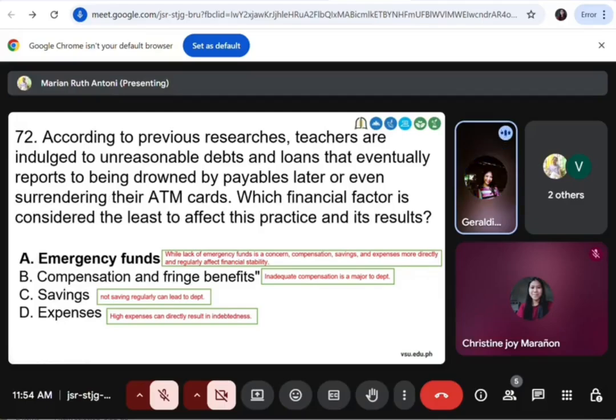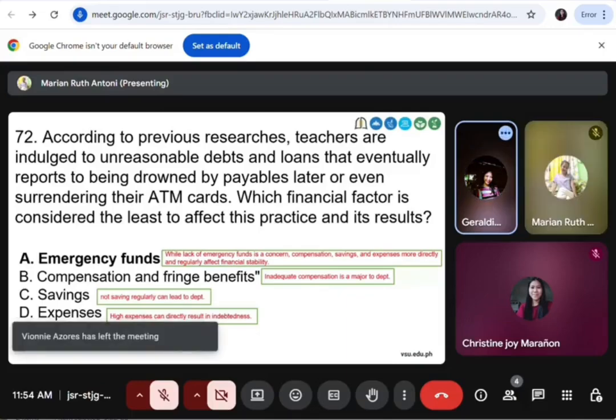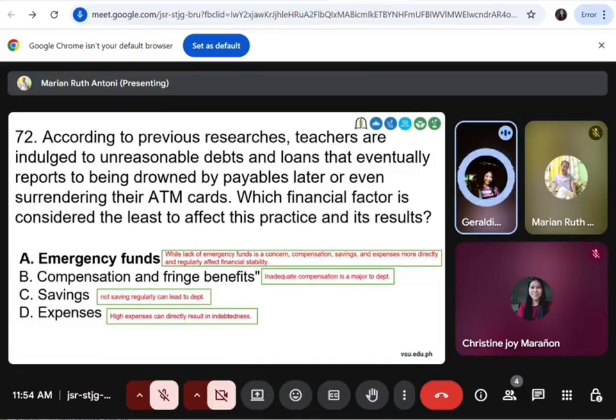So why are B, C, and D not the correct answer? It's because compensations and fringe benefits, inadequate compensation, is a main cause of debt. Why not savings? It's because not saving regularly can lead to debt. And expenses, high expenses can directly result in indebtedness. Next,